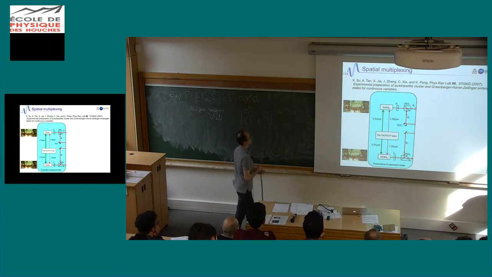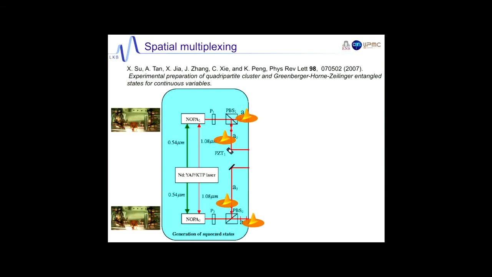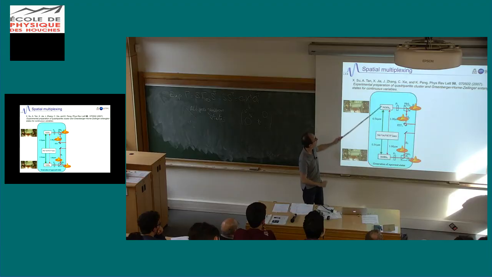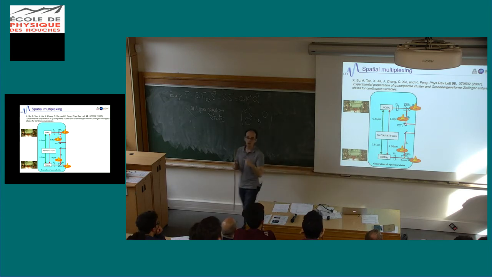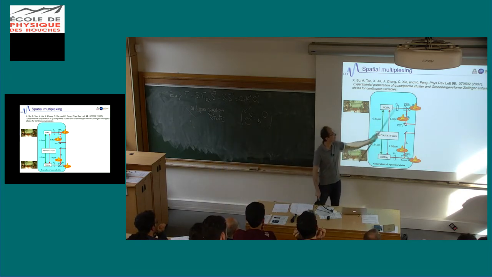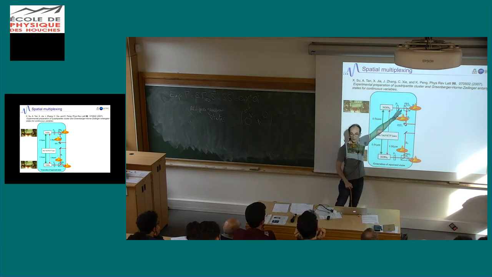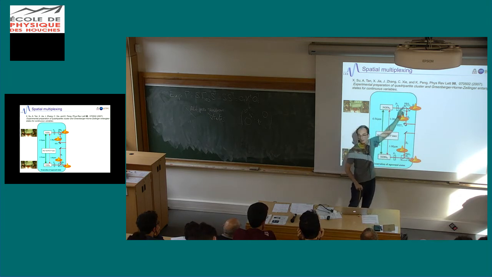And the way they do it, because they cannot generate it directly, is that they take 4 squeezed states. Here, if you look at the Wigner function, you have 4 squeezed states that come out of 2 squeezed state generators. These are the same as the ones we have seen this morning with the experiment of Kimble, except that these ones are non-degenerate, so they work on 2 polarizations. So at the output of each cavity, you get 2 squeezed states at 2 orthogonal polarizations. I think you showed this 2-mode squeeze Hamiltonian yesterday. So it's really the same 2-mode Hamiltonian. So each cavity gives you 2 squeezed states, so you have 4 of them here.